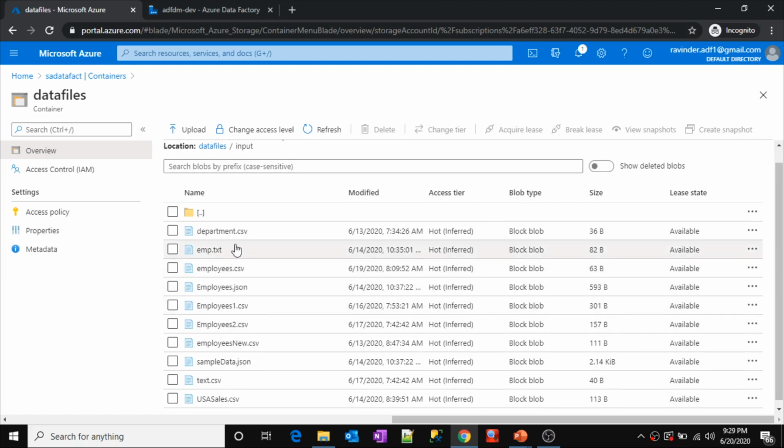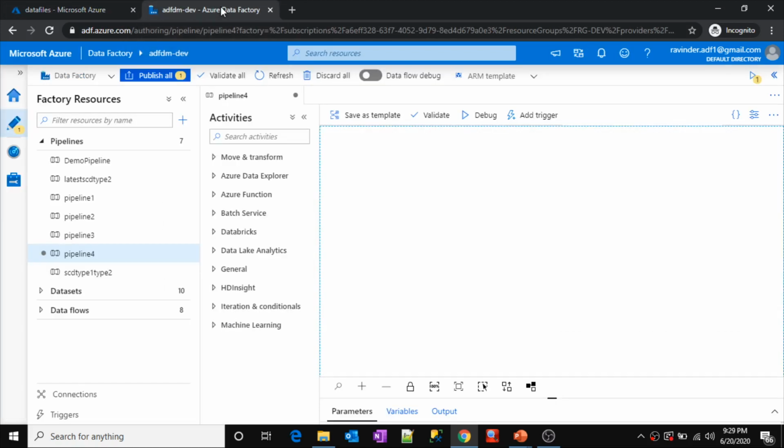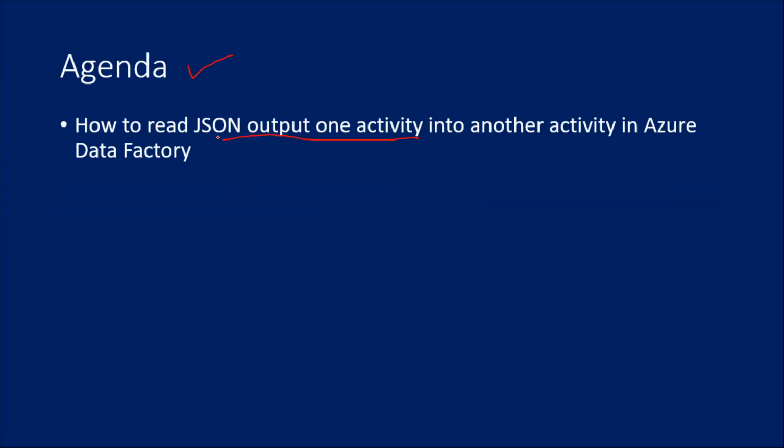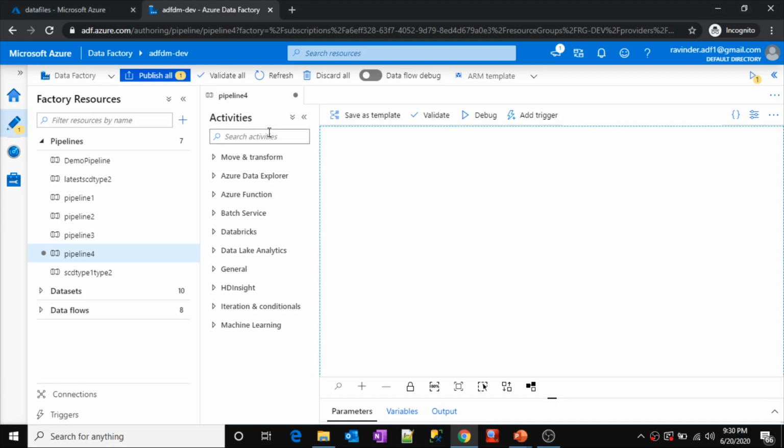Now, if you have followed my video series of this Azure Data Factory from the start, by this time you already have an idea of what a for each activity is, what a set variable activity is, what variables are in the data factory, everything. So please watch all those videos before watching this video, because we are going to use all those activities to implement this. As I said, first we need to understand what the JSON output of any activity is. Let me explain that.